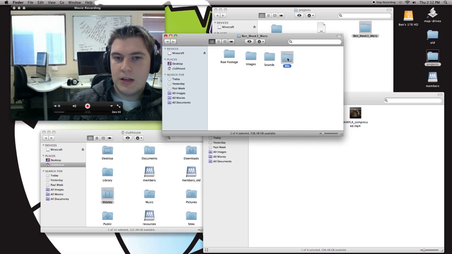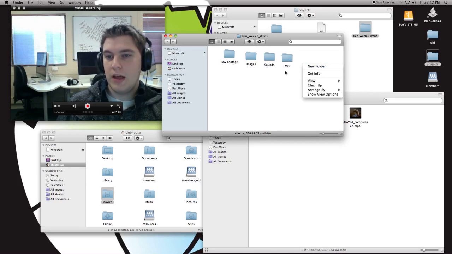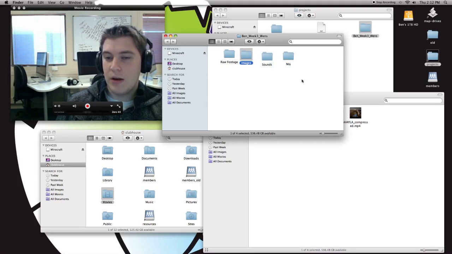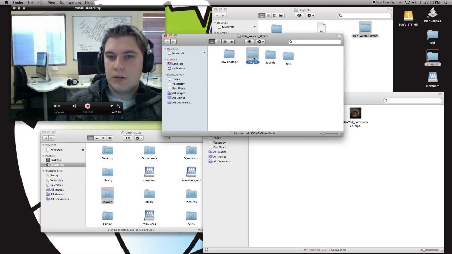Also, if you're planning to use After Effects, which is really cool for animations and other special effects that you do in video editing, you might want to make a new folder for that. But After Effects is a bit more tricky when it comes to organization, because sometimes you might need the actual After Effects file over here, because it might need to have access to the raw footage folder or the images folder. That's a little bit more advanced at this stage, and I'm not going to go on about that. Anyway, once you've got your folders all set up, like so,